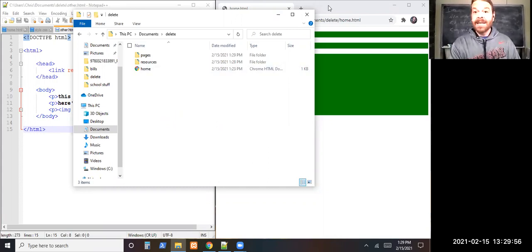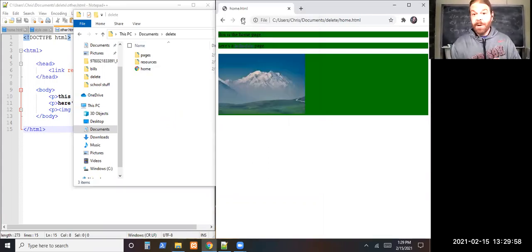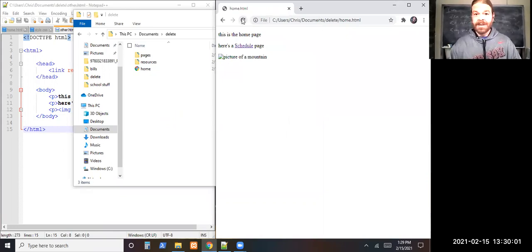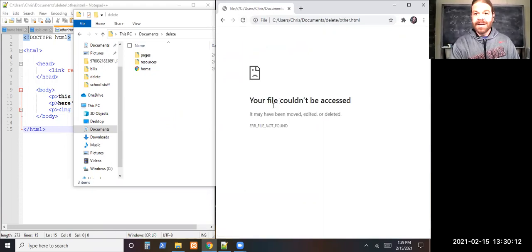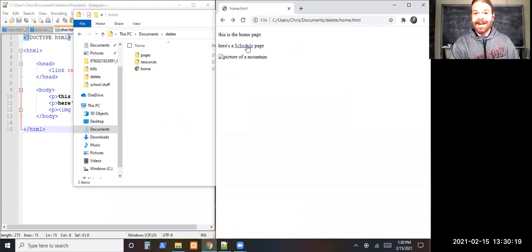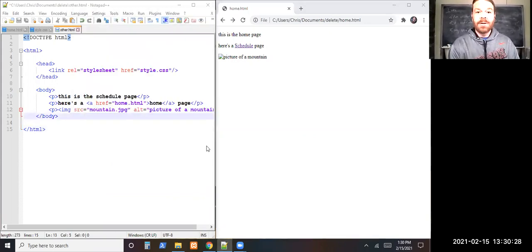But that organization causes a bit of a problem with what we've seen so far, right? Because now there's no longer a picture here. Can't find that picture. Just clicking on the schedule page gives us a 404 error. It has no idea where that link is, it doesn't go anywhere useful. The style sheet's gone. So what we have to do is refer to those in our